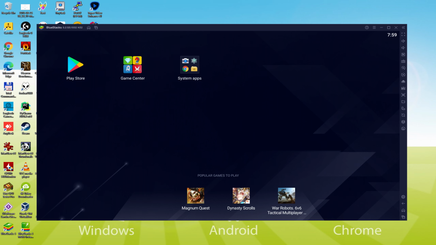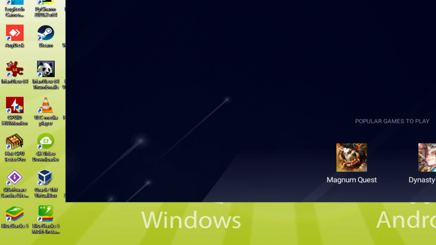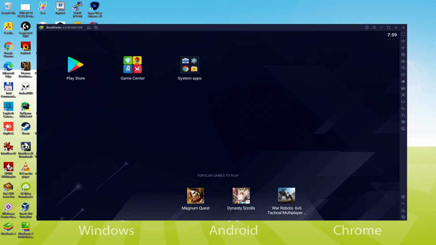Before we keep going, as you can observe, it has made two app icons right here on the computer desktop: the BlueStacks and BlueStacks multi-instance. Note that the BlueStacks app icon is the one we are concerned with. When we are planning to launch Throne Kingdom at War on the computer, we double click on that icon and start the emulator. The BlueStacks multi-instance icon allows you to launch multiple emulator instances. And with BlueStacks 5's new improved multi-instance manager in Eco Mode, players can run more game instances faster and with less lag.